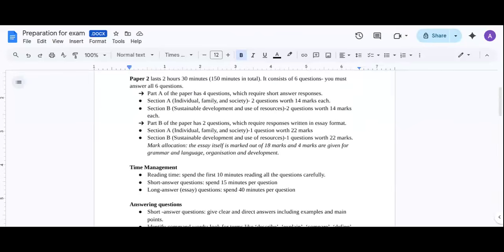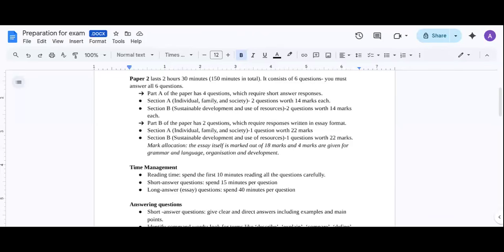Part A of the paper has 4 questions which require short answer responses. Section A, which we know is the individual, family, and society, has 2 questions with 14 marks each. Then there's Section B, which is sustainable development and use of resources, which is 2 questions with 14 marks each as well. Then we have Part B of the paper, which has 2 questions, and it requires responses written in